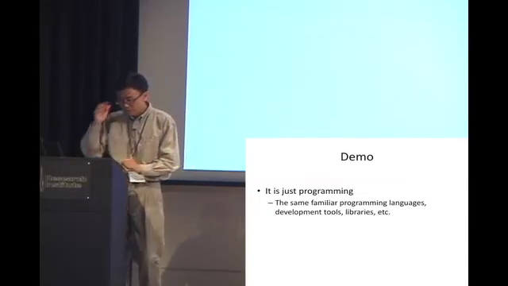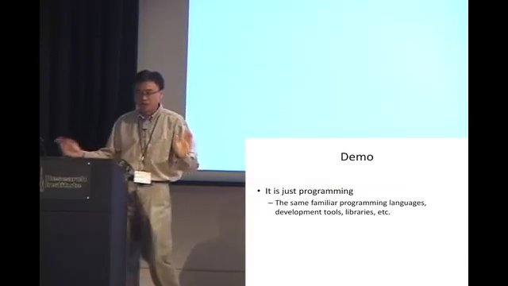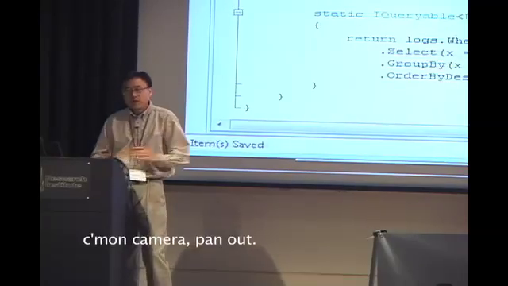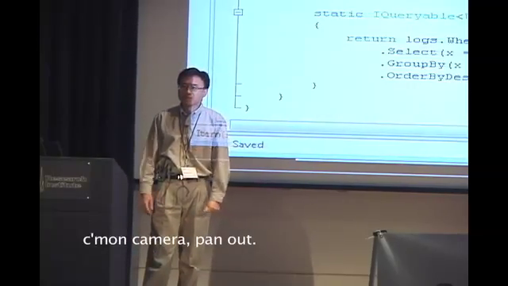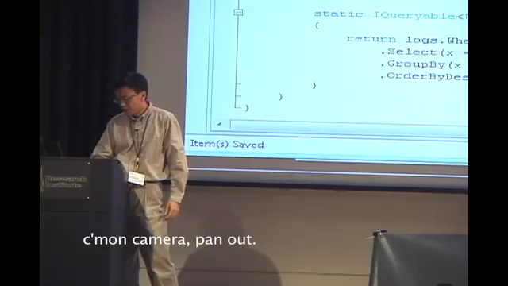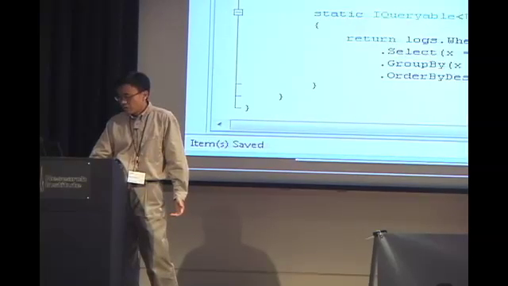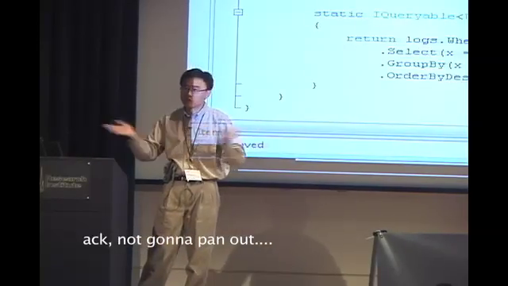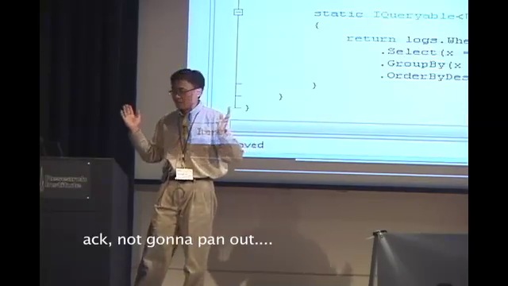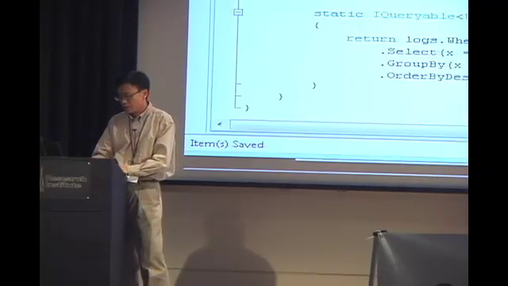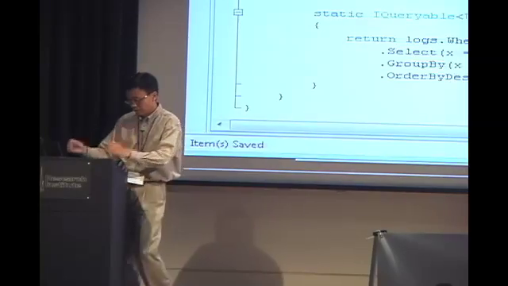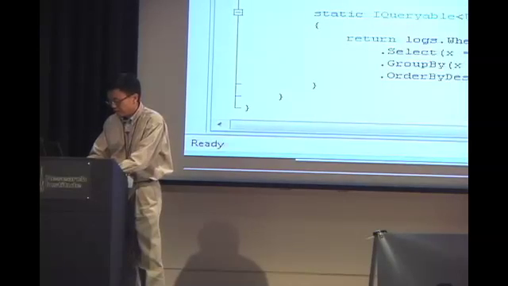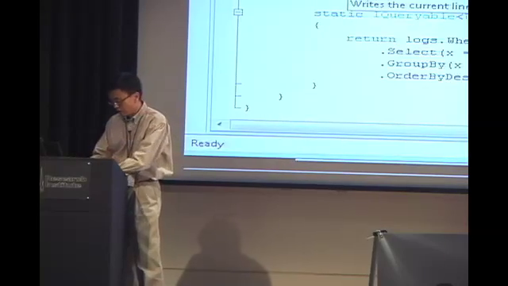Now, the most interesting thing is to see how it actually works, so let me try to do a demo here. Suppose I have a user web server log, and its partitions are stored in a partition table. The web server log is essentially unstructured data, and each line in the log is a log entry. How do I write a program? I just write it like a .NET program. The first thing I'm going to do is count the number of lines in the log.